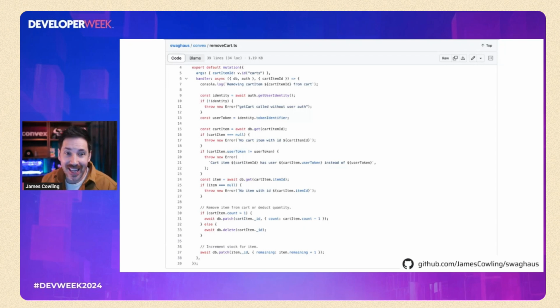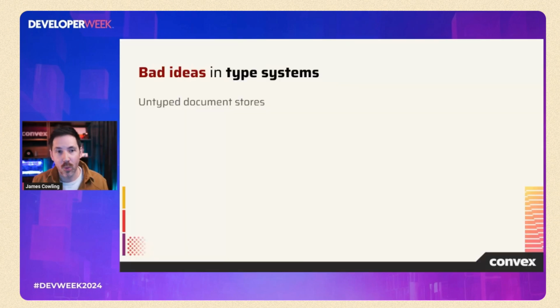But critically, it's a transaction. It runs as a single atomic unit. You don't have to think about race conditions. And if it fails, it'll get retried. So there's no need to compromise on expressivity here because it's literally just code. And you can go back to having platforms that actually function like libraries with clean abstractions.